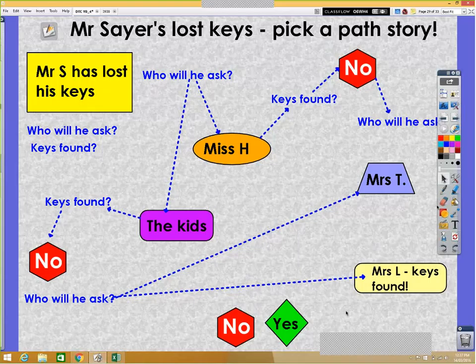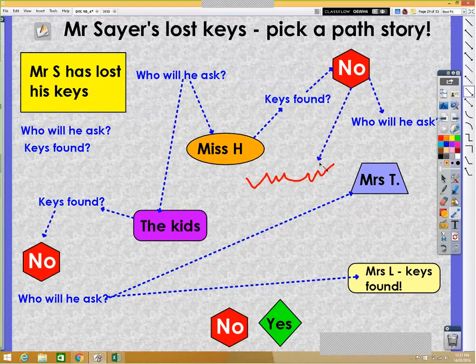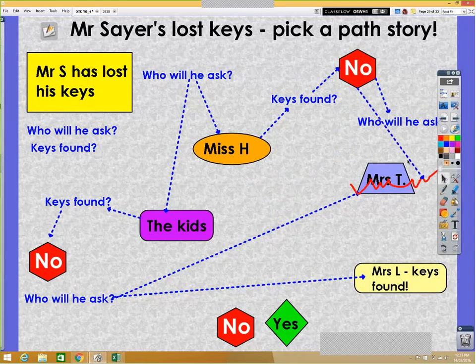Just be aware, connectors connect to anything. So here's some writing I've put on the page, and I can connect a connector to that writing, okay? And then I can move that anywhere. So this could be all handwritten, yeah? Right, now my pick-a-path story